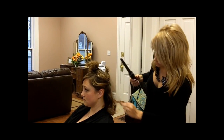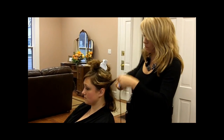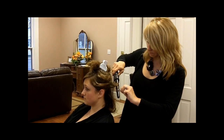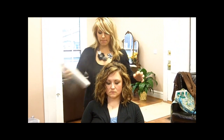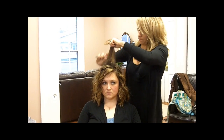So you kind of get like that. Just gonna go through the whole thing, and then I will mess it up and make it kind of beachy and texturized when I get all done. All right, so I got done curling her everywhere. I'm gonna take the hairspray, spray a light mist all over. All right, now I'm gonna do a little bit of teasing just on the top here,